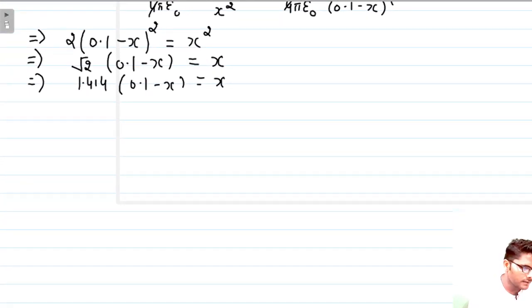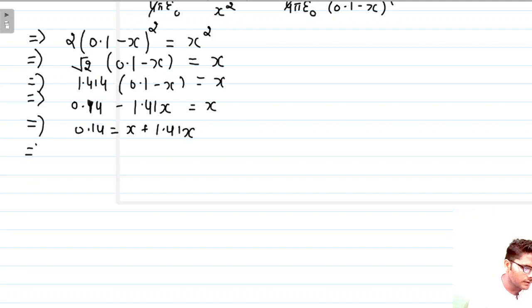So when we solve this, it will become 0.14 minus 1.41x should be equal to x, and 0.14 should be equal to x plus 1.41x, and when you add both of them on the right side you will get 2.41x. So 2.41x will be there and 0.14 will be there, and the value of x will come out to be